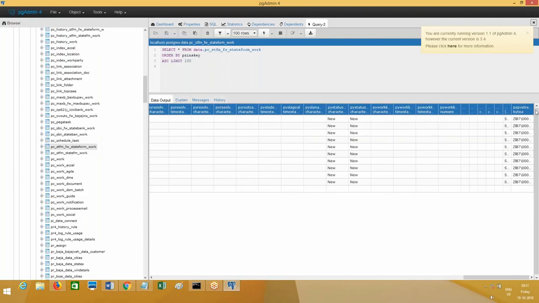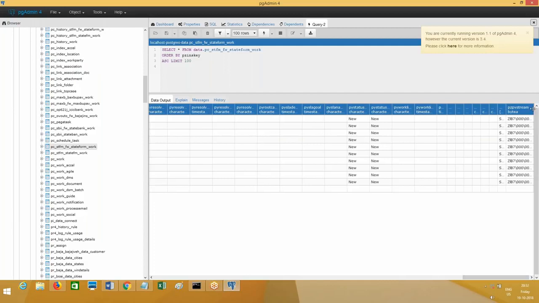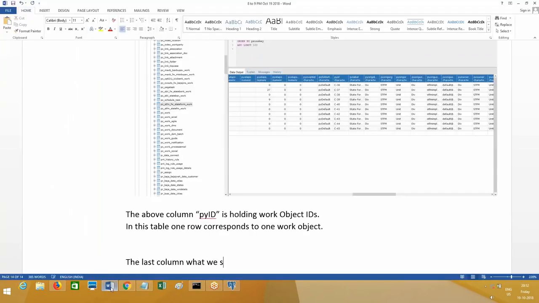This is the column name. The last column we see is pzPVStream,